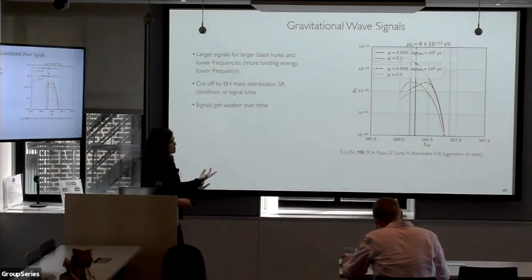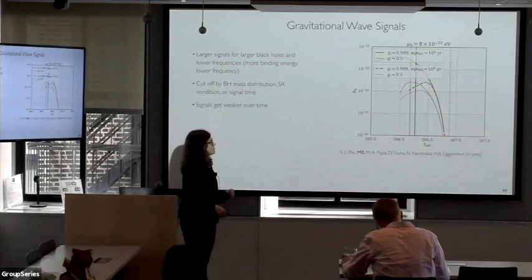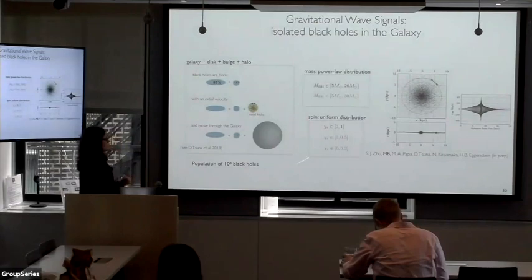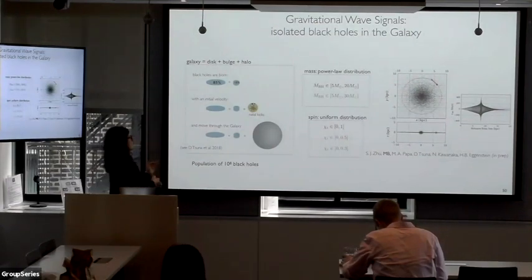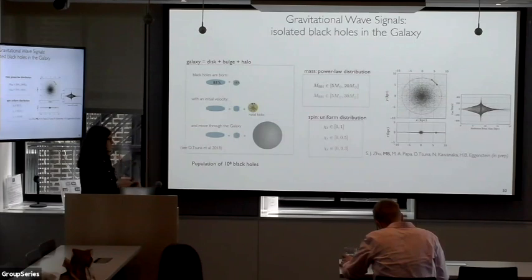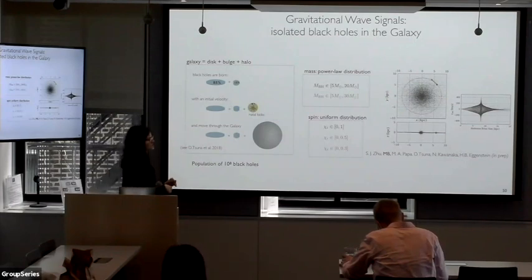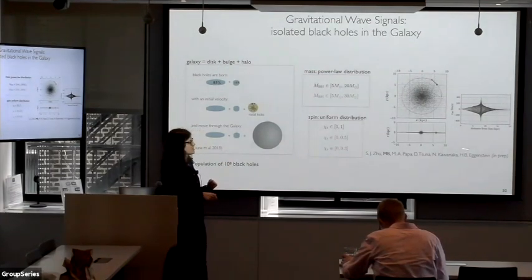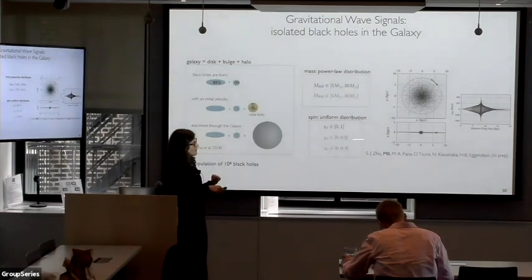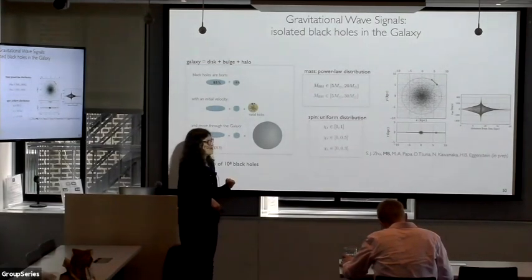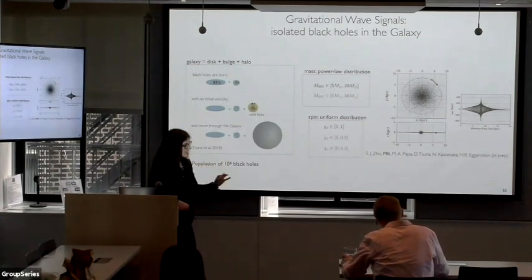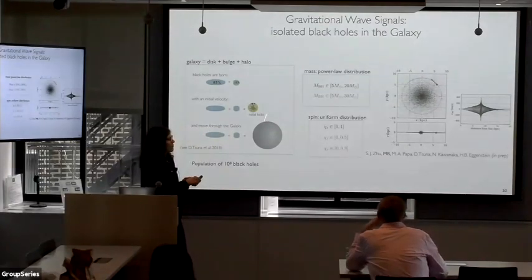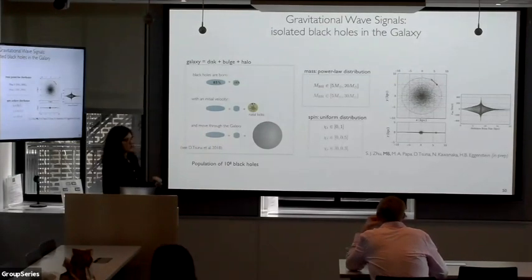Now, what does the actual population of black holes look like in this plot? We are using a kind of cartoon simulation of black holes evolving through the Milky Way. So they're born in the disk or the bulge with some kicks. They move around in the galactic potential, and they show up as a particular distribution in the galactic plane with a large set of different velocities. The positions and the velocities are the quantities that we'll care about in terms of the observations, and we assign black hole masses and spins according to some simple distributions.